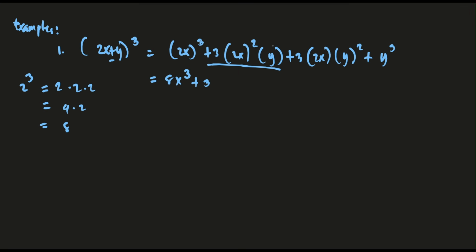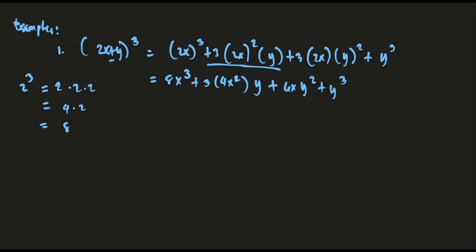You simplify to x squared, that would give you 4x squared times y, and then plus 3 times 2x, that would give you 6x,